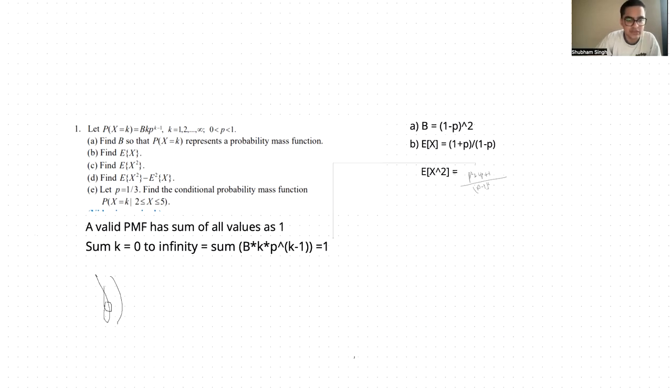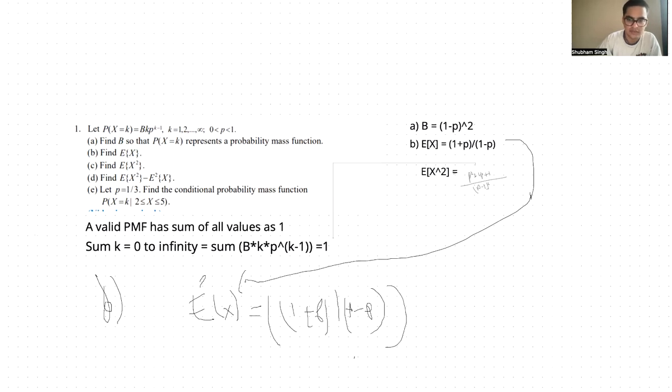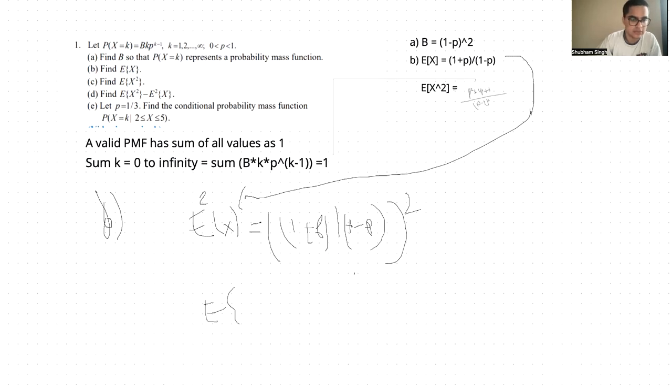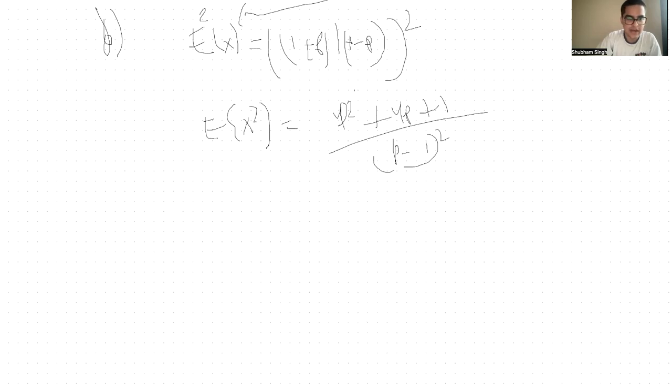So part D. From this, we have e raised to x as (1 plus p) by (1 minus p), whole. Don't forget the brackets, they are important. So e raised to x whole square would be the square of this. And we just found out e raised to x square. This is (p square plus 4p plus 1) by (p minus 1) whole square. And on subtracting both of them,